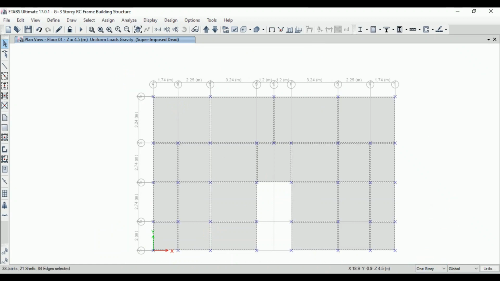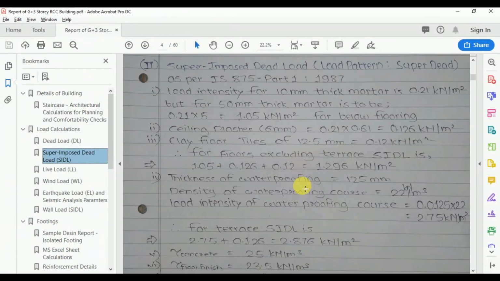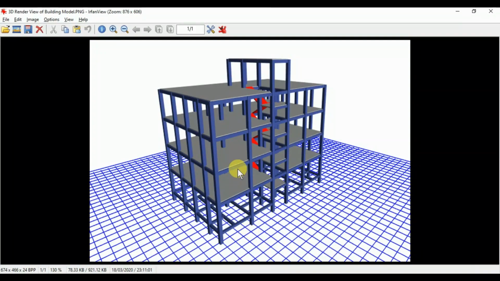As we calculated the loads in section 4, the superimposed dead load over the floors other than the terrace is 1.296. That is, for floors 1, 2 and 3, we need to apply the superimposed dead load for the flooring and the weight of ceiling plaster below, which is 1.296 kN per meter square.